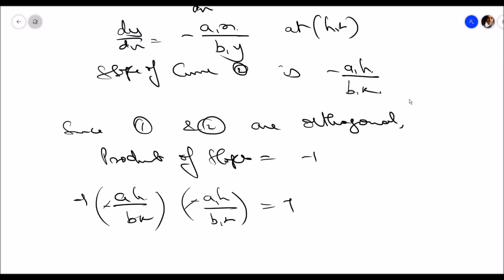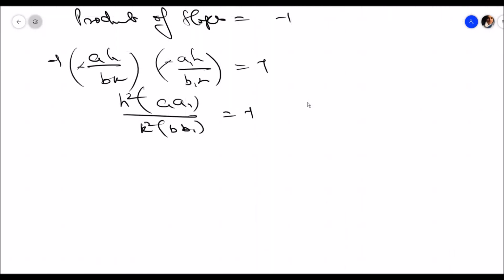So minus into minus will make it plus. So that's h square into aa1 by k square into bb1 should be equal to -1. Okay. So cross multiplying and also bringing it here, h square into aa1 plus k square into bb1 should be equal to 0. But